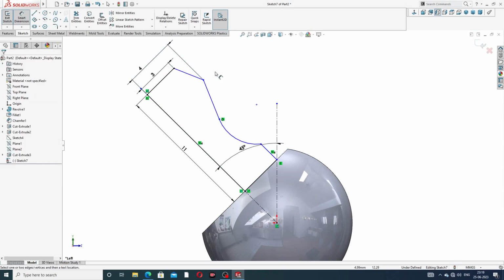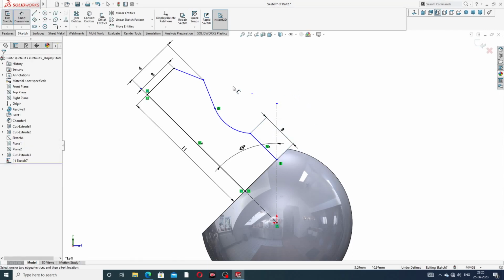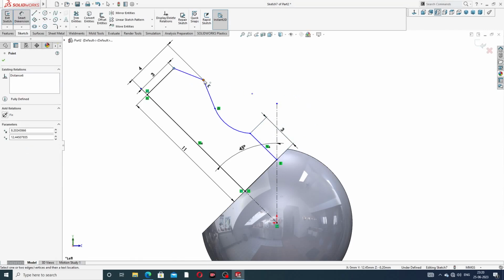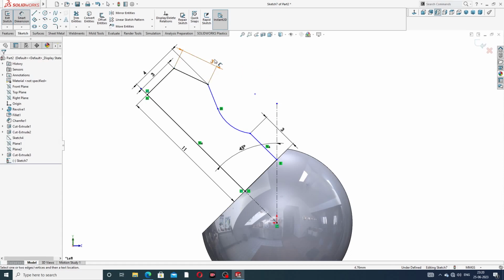Okay, and again select this line, this is 3 millimeter, and again select this line to this, 3 millimeter. Okay,